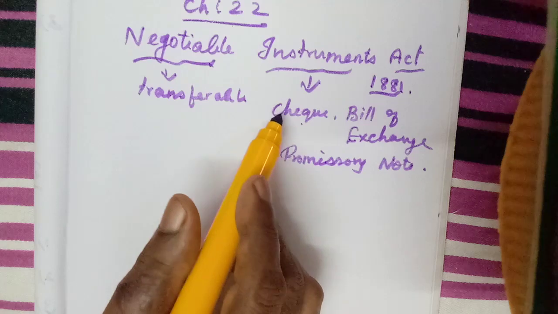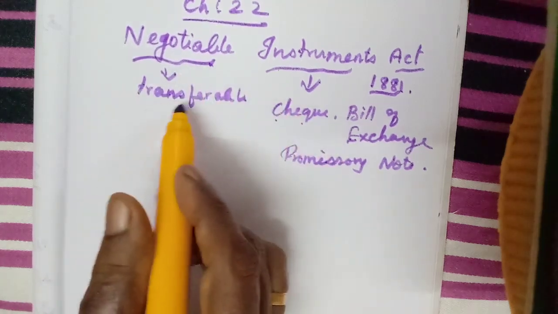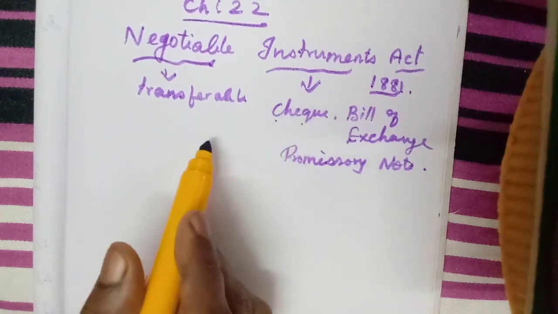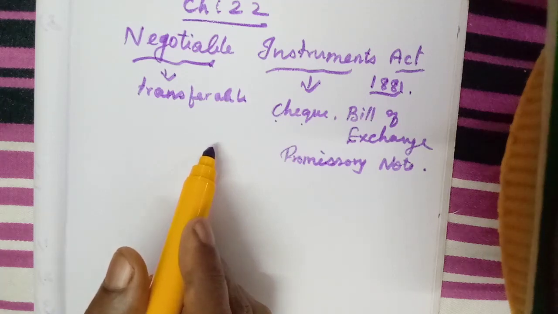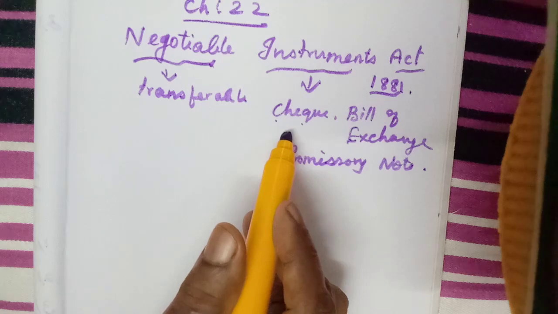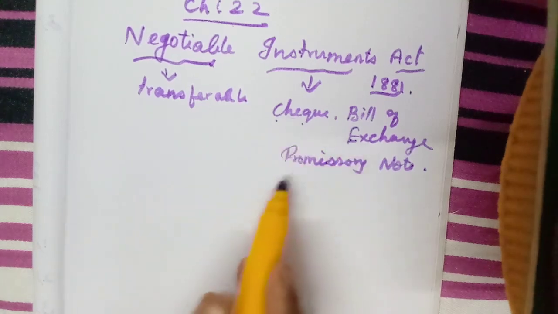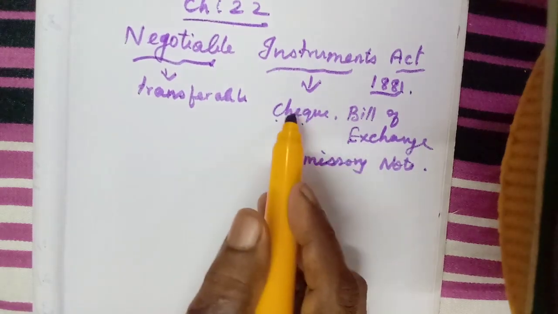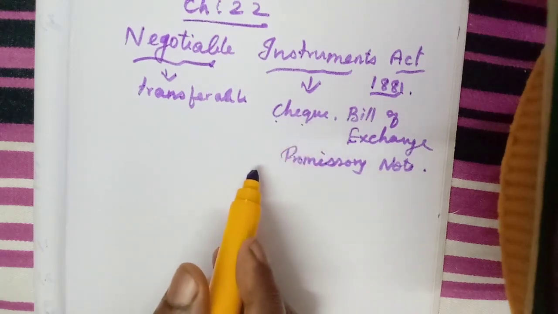So what is the meaning? These instruments are negotiable. That means we can transfer the ownership of the instruments from one person to another. That means here we are writing the amount in the check or in the bill of exchange or promissory note. We will learn each and everything in detail. So I will explain first what